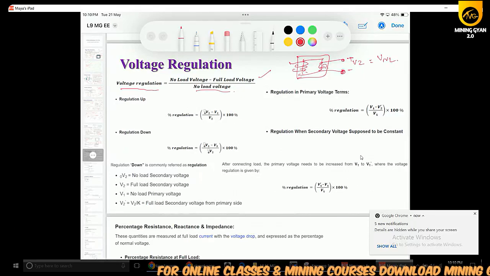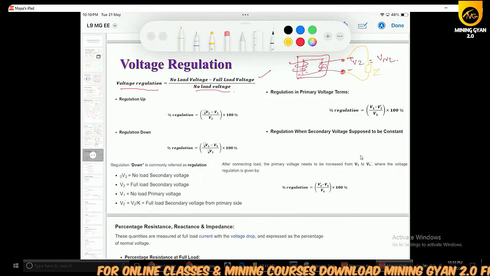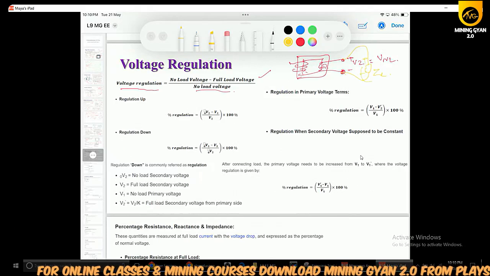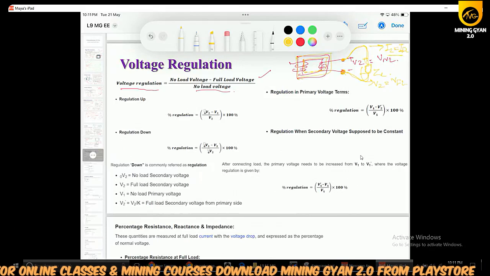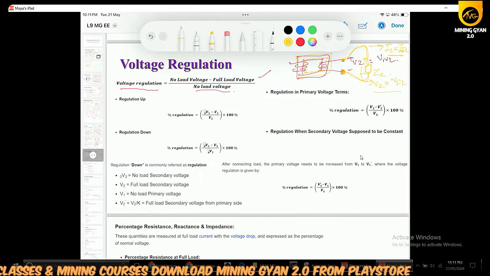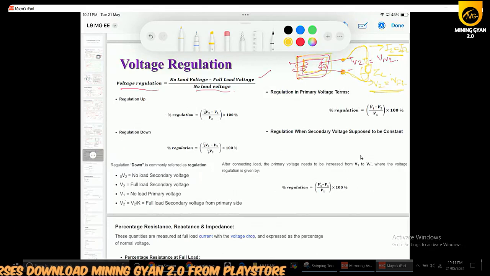But when you connect the load, the V2 across these two terminals will be the full load voltage. What is the full load voltage? When the current I2 is the full load current, means the maximum rated capacity through which it can flow. Means we are utilizing the transformer to its full capacity, such that there will be the rated flow of current through the secondary winding, and the voltage across the load terminals will be the rated voltage, and that is called the full load voltage.